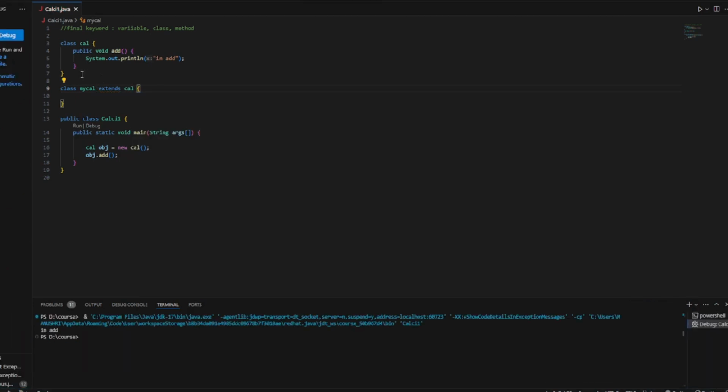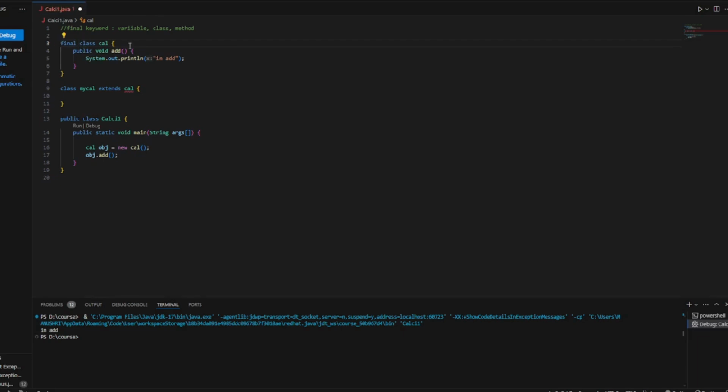But this Calc is mine and I don't want anyone else to inherit it because it belongs to me, okay? Like the copyright issue and all the stuff. So, in order to stop inheritance in a class, what I can do is I can use the final keyword.